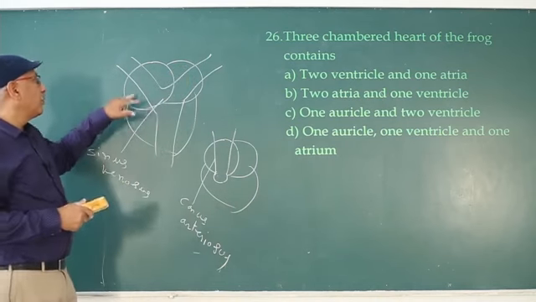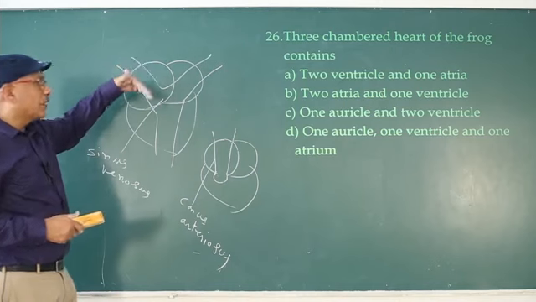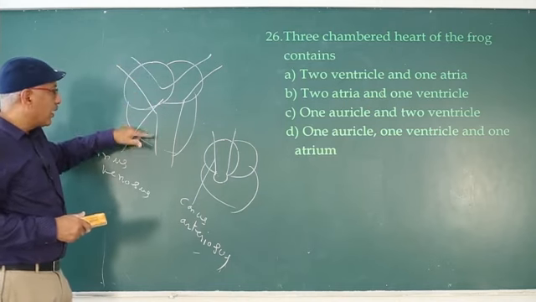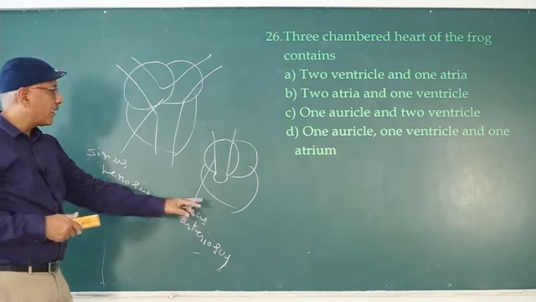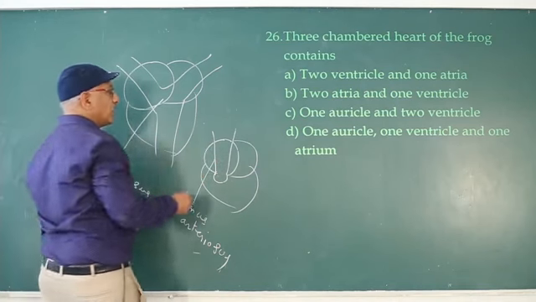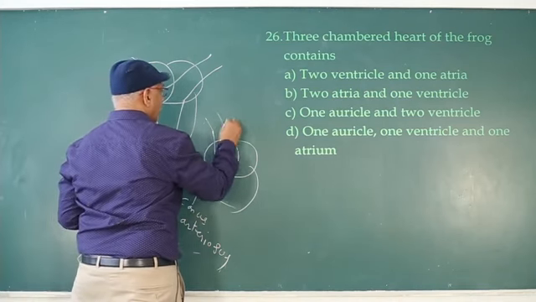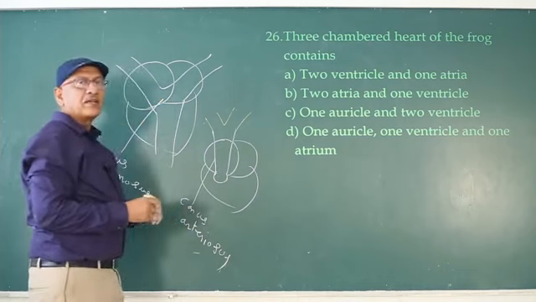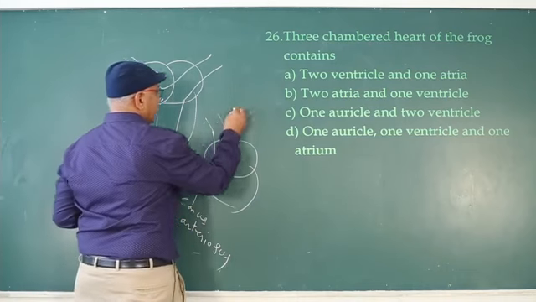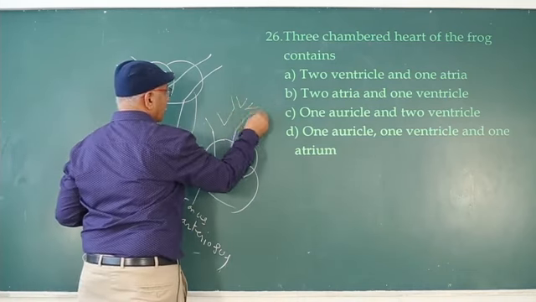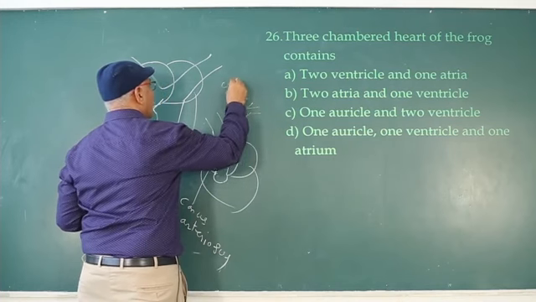Sinus venosus pours the blood into right atrium. When the atria contract, blood enters into ventricle. When the ventricle contracts, blood enters into conus arteriosus. Conus arteriosus divides into two aortic trunks, two branches. Each branch divides into three arches: carotid,